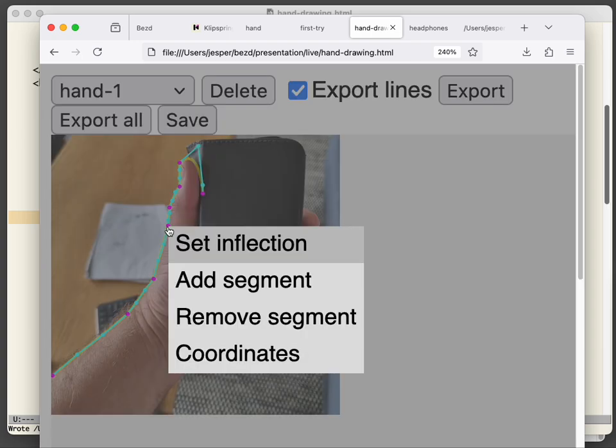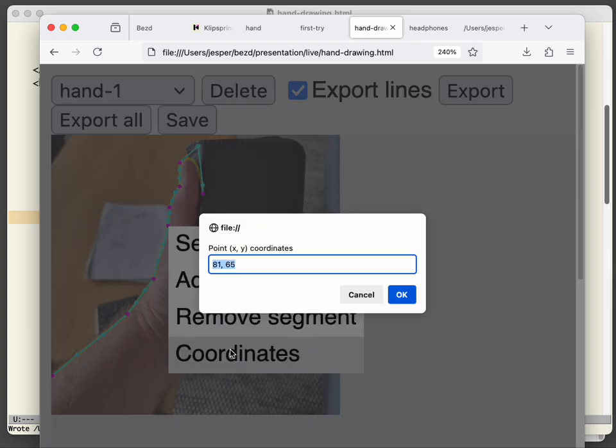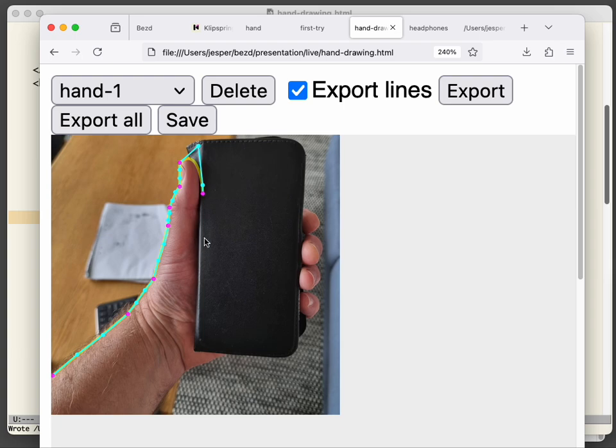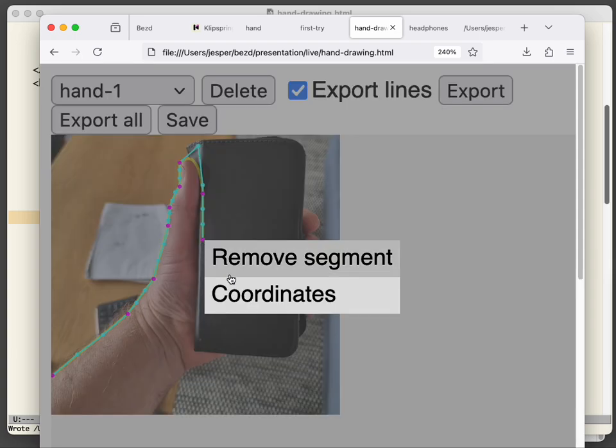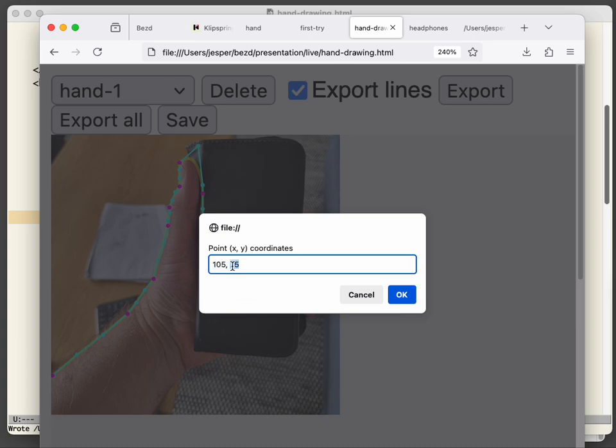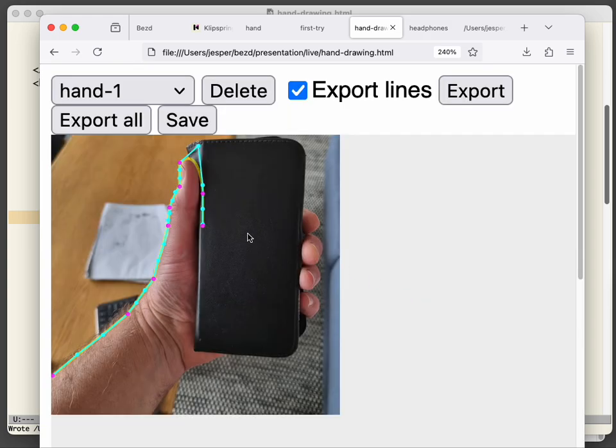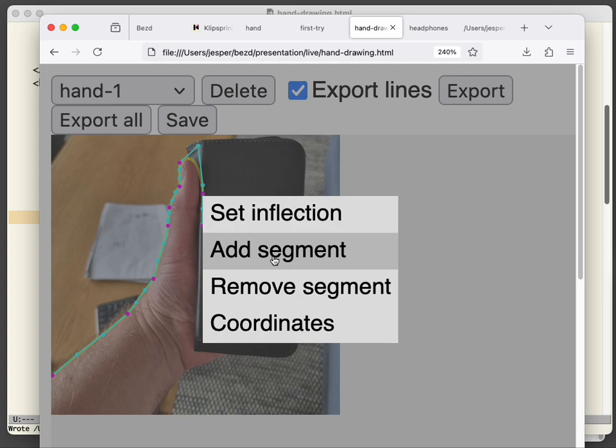You can also right-click on this and get, for instance, the coordinates here. Let's say I want to have this point on the same coordinates. I want this coordinate to be the same in a new point here. Let's say I add this, and I can change the coordinates for this new point. I can copy the new coordinate into there. Now it's exactly the same vertical level, right? And I can do other stuff. I can add points in between,